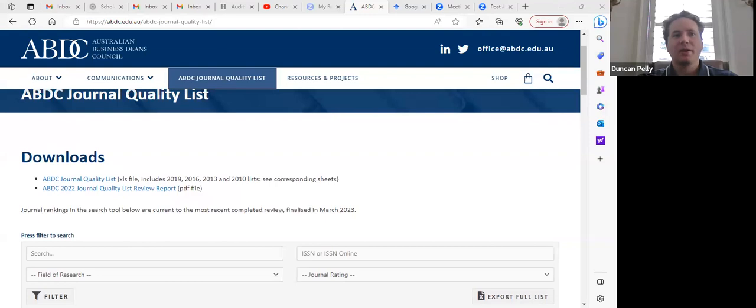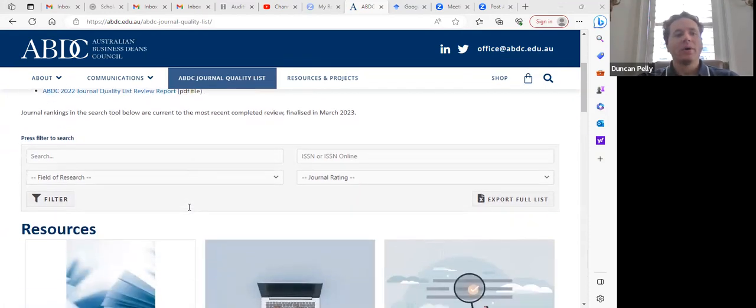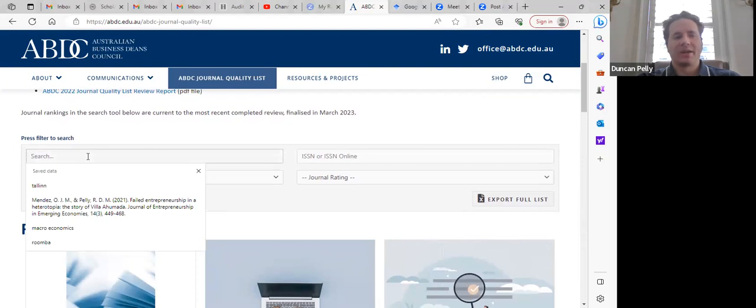So let's do a shared screen again. So here's the actual website. Okay. Now there's a couple ways you can do this. You can actually click this Excel file and just push Control S and look for the journal that you're reading, or you can also come here for an actual citation.